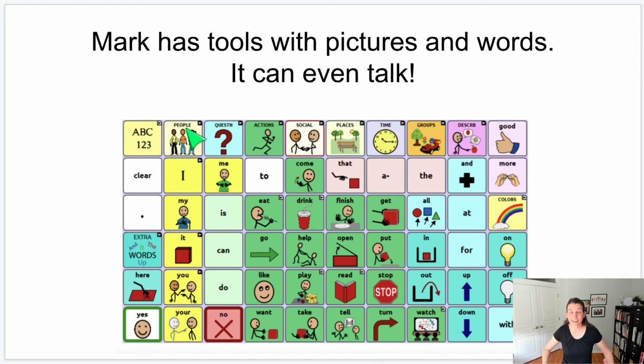Right, and then you can brainstorm what are some of the words that are going to be under people. Oh, places. What are some words that we might find under places on Mark's talker? And in this particular example, groups is going to be huge, right? Because just about every category that's not on one of these others is going to be under groups. So if you were using a LAMP Words for Life or a Unity device, then you'd see the apple, and you'd say, there are some special words under this apple. What do you think might be under the apple?